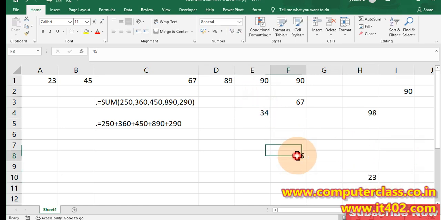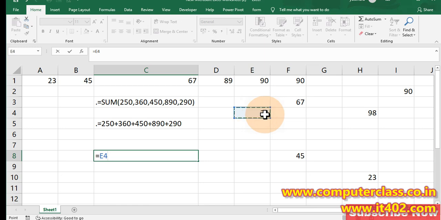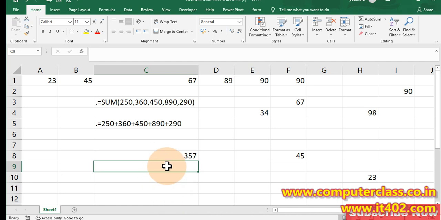Now these are the numbers and we want to sum all these numbers. So how can we do that task? We can do this task like that. We just click on this particular cell, and this cell address will automatically be taken. Then use plus, click, plus, click, plus, click, plus, click, and at the end we will not give anything. We need to press enter.